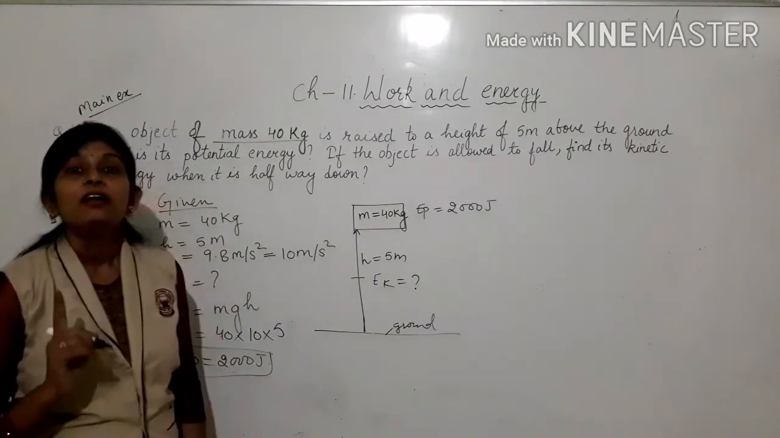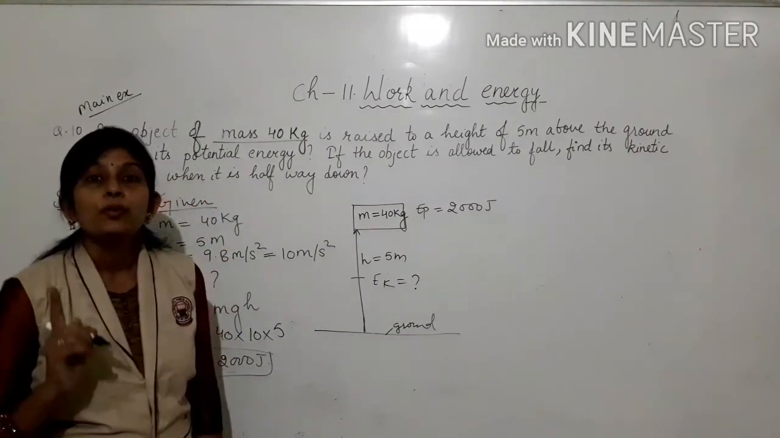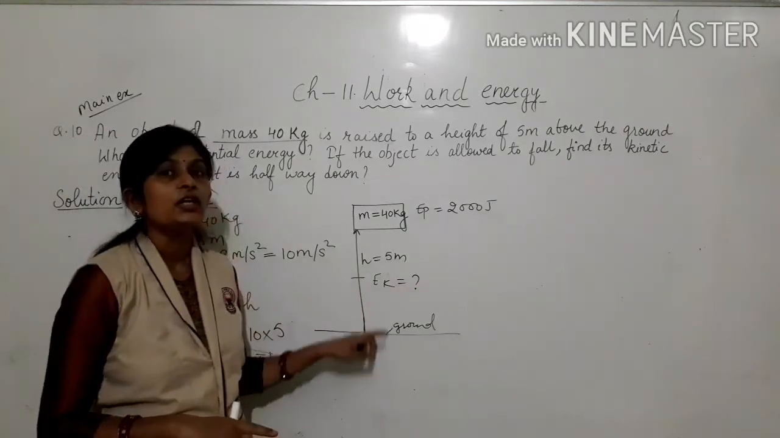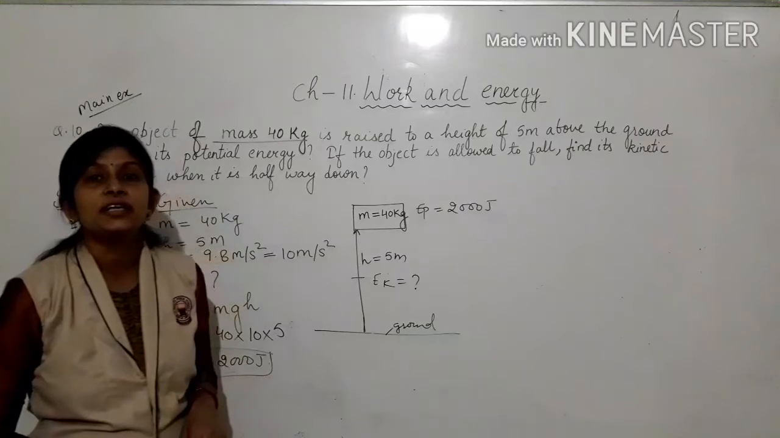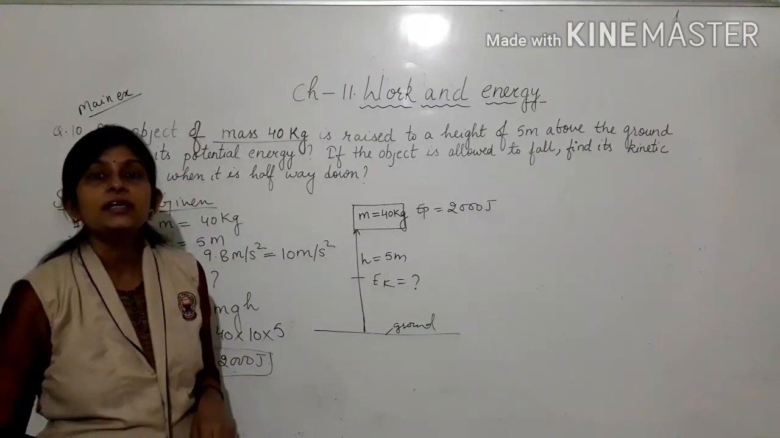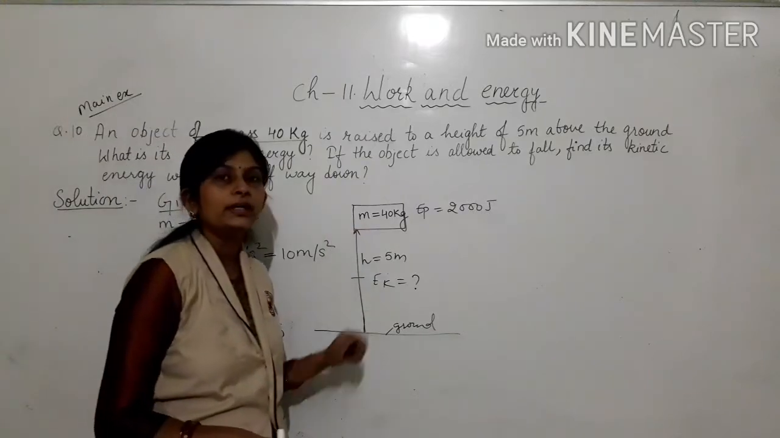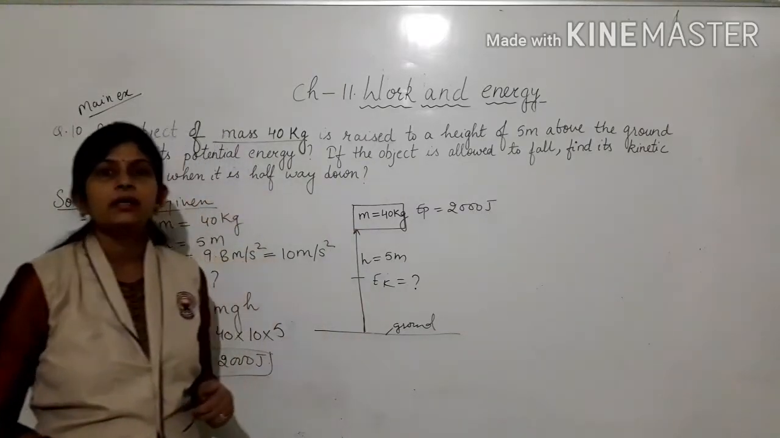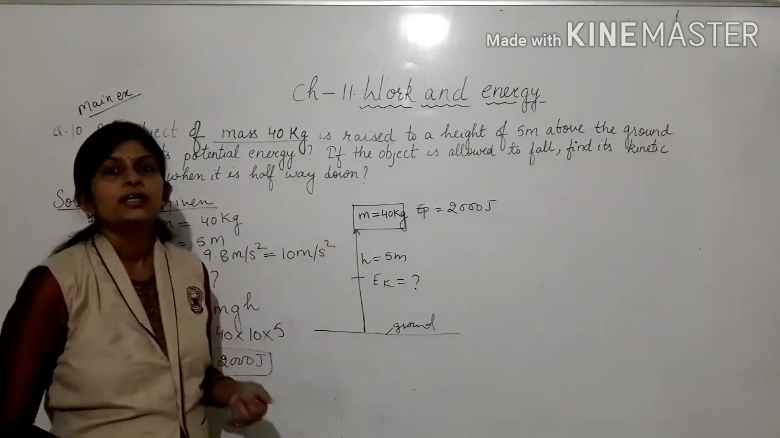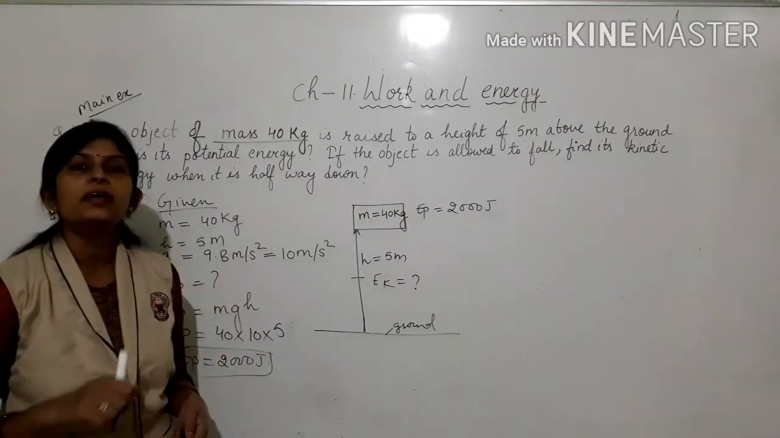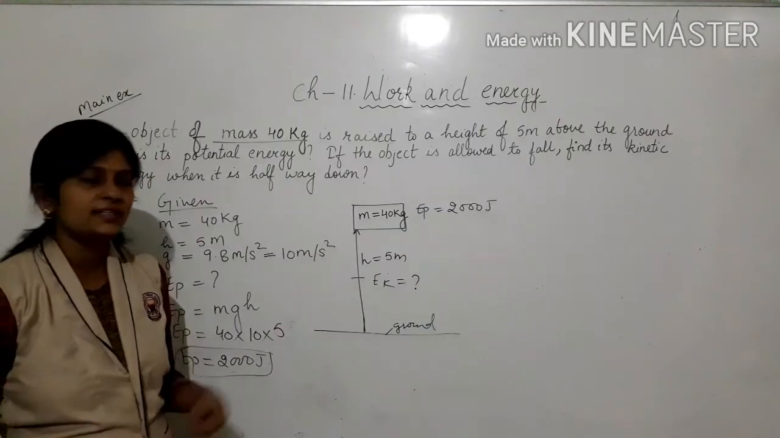It means 1000 joules potential energy is reduced, which is converted into kinetic energy. So here kinetic energy is 1000 joules. This we have solved theoretically, but this is a numerical, so we have to prove that the kinetic energy is 1000 joules numerically or mathematically. How is that? See,